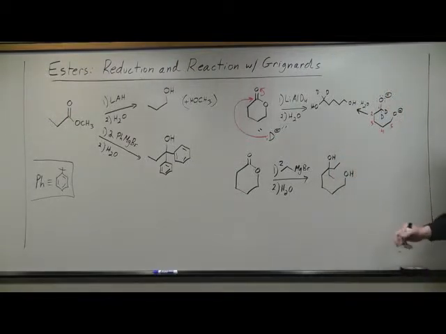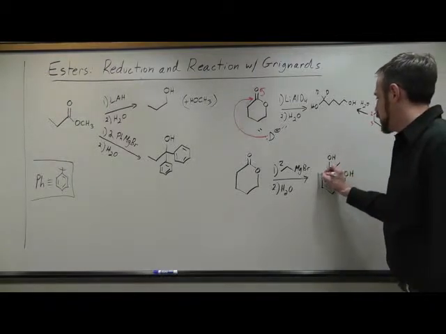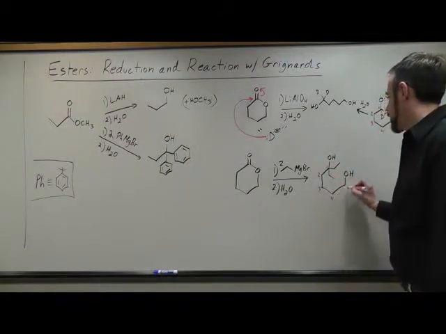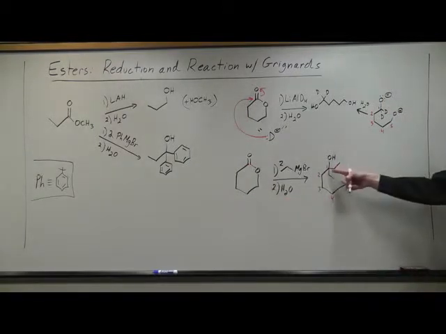Perhaps the easiest way to draw it, it might look like this. We've got 1, 2, 3, 4, 5 carbons that were in that initial ring,